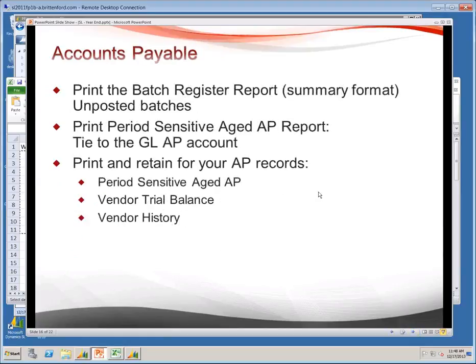Next is your accounts payable. Again, run your batch register, looking for any unposted. Don't forget the screen IDs. It should be on all of these. I mentioned it, that you can try to identify what screen you need to go in. You want to print your aging as well as your trial balance, period sensitive ones tied to the AP account